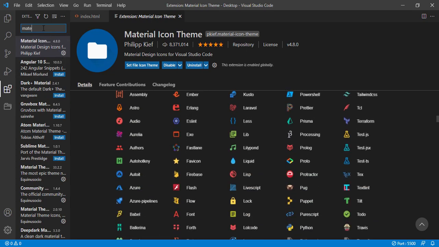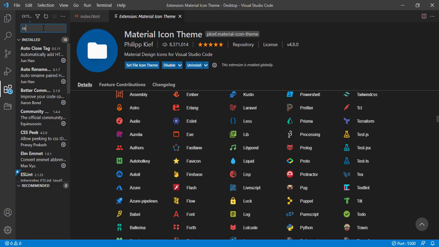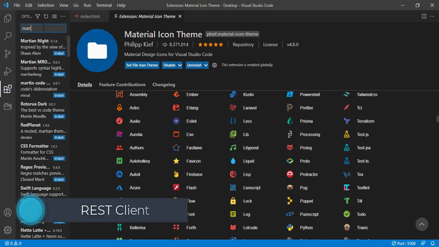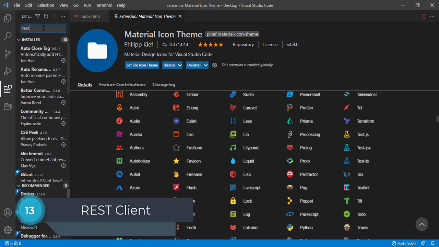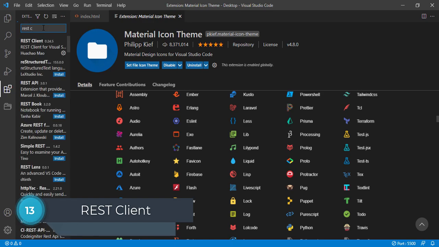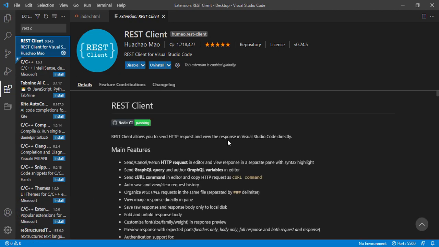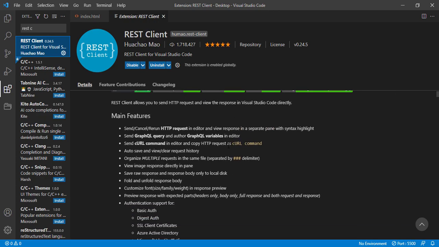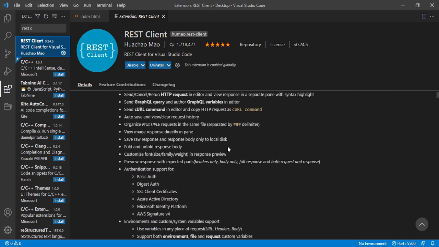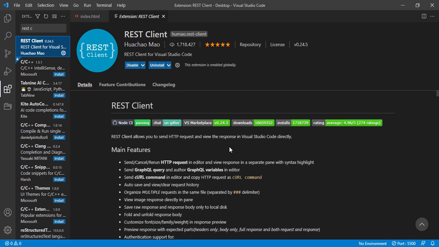Now the next one is REST client. So it is used for testing the API in your code.